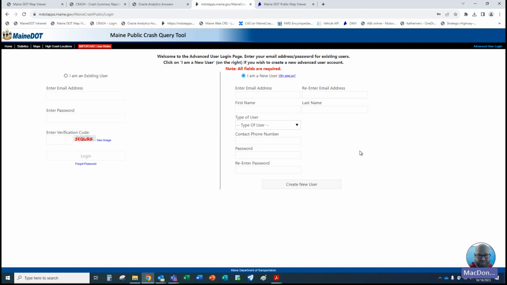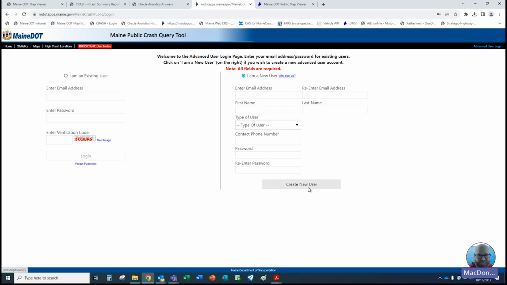Now, with this one thing the other thing I'll preface is that with this system, there is not, unfortunately, a very good option for regaining access to your passwords. So if you don't write them down and you forget them, at this point in time, the developer is working on a process where I'll get a notification and I can reset your passwords, but that hasn't been developed yet. The only way to get your password reset is I have to delete your account. So you'd have to contact me through email. I'd have to delete your account, and then we'd have to create you a new account and go through the process over again. So I always like to tell people to make sure that you write your password down.